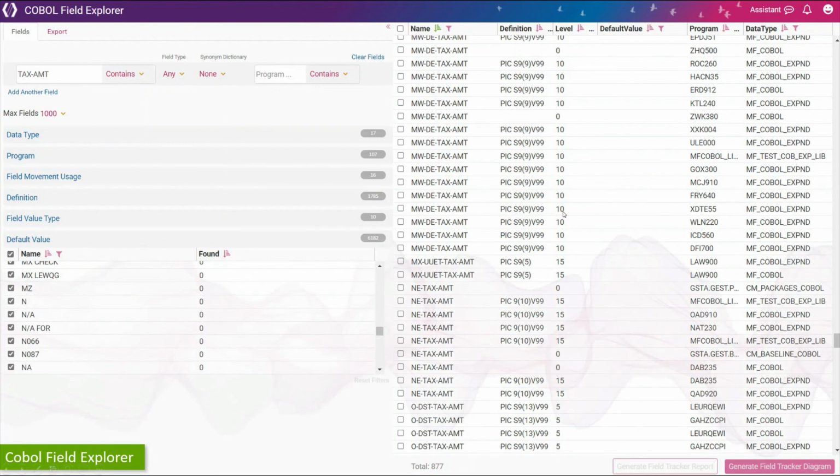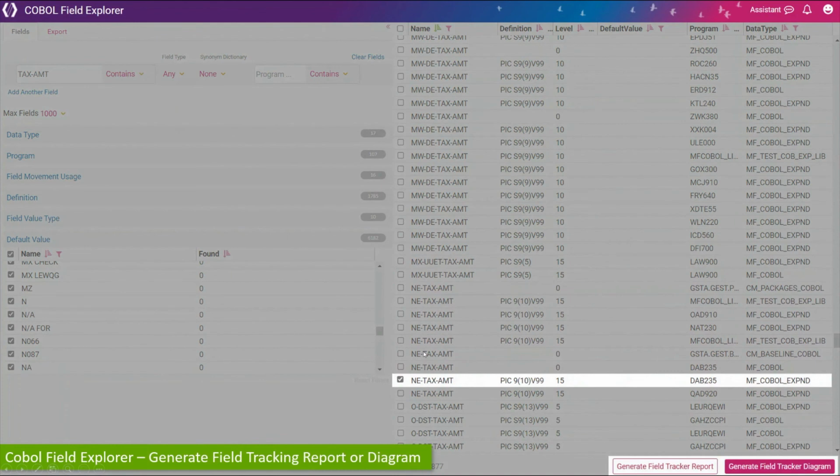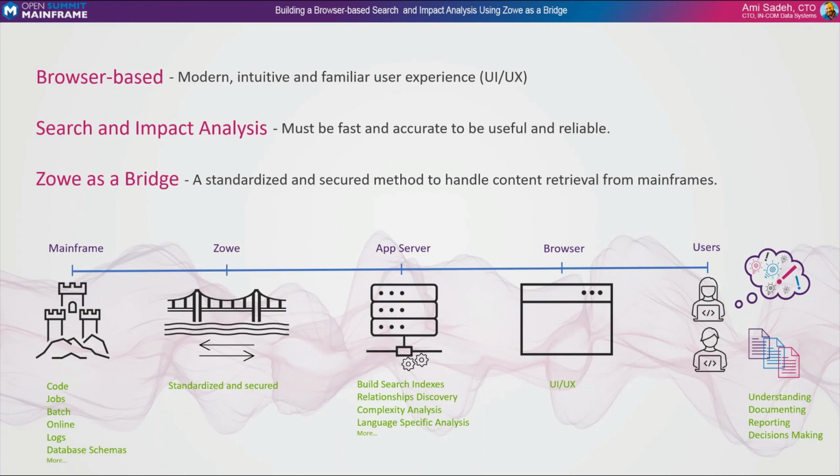From here, I can either export this list because maybe that is the report that I'm looking for. I can also select items and from here generate that field tracking diagram that we just saw, or a more comprehensive report as well. So this was a quick walkthrough of the browser experience